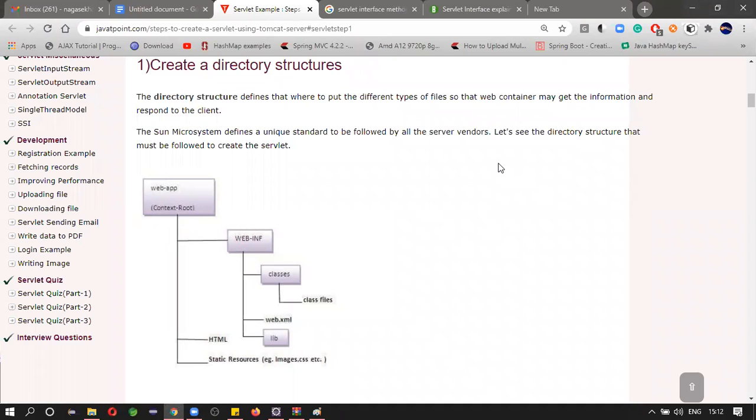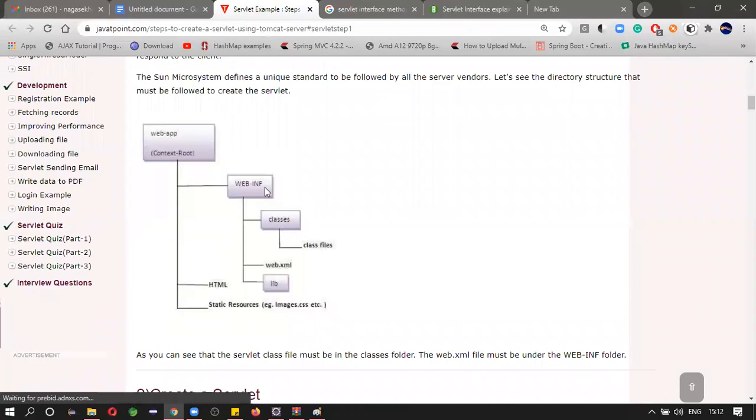So server vendors will follow the structure. The directory structure looks like this: web app, WEB-INF, classes, web.xml, library files, HTML, static resources. Static resources means images, CSS files, and something extra, JS files, Bootstrap files, all are okay.